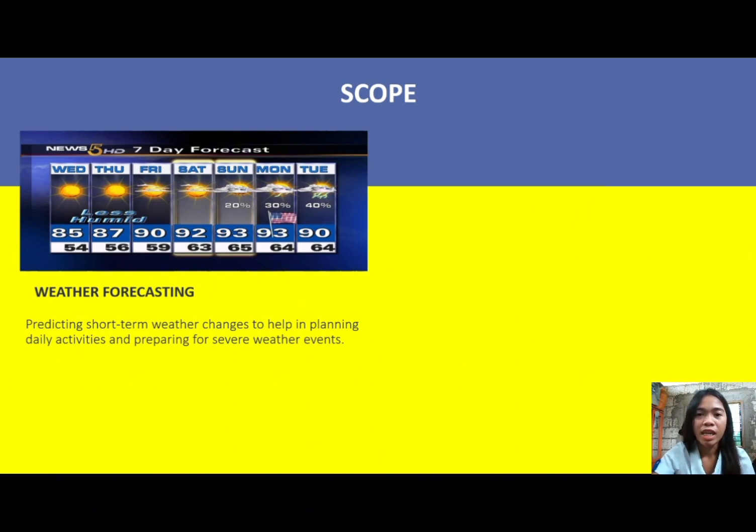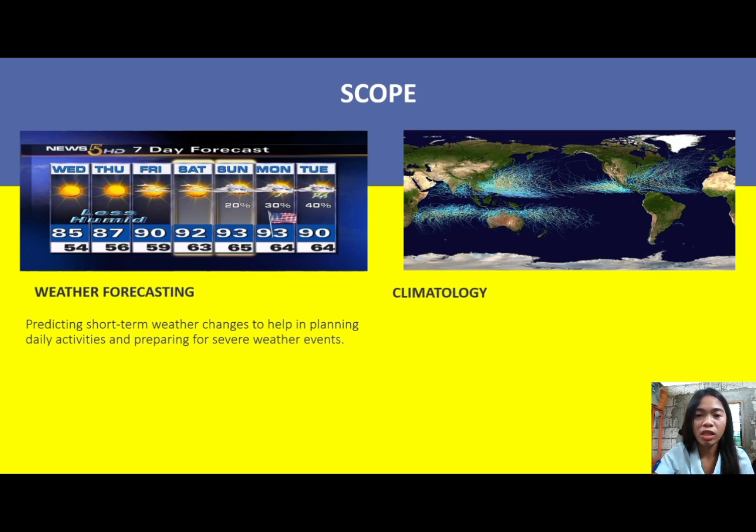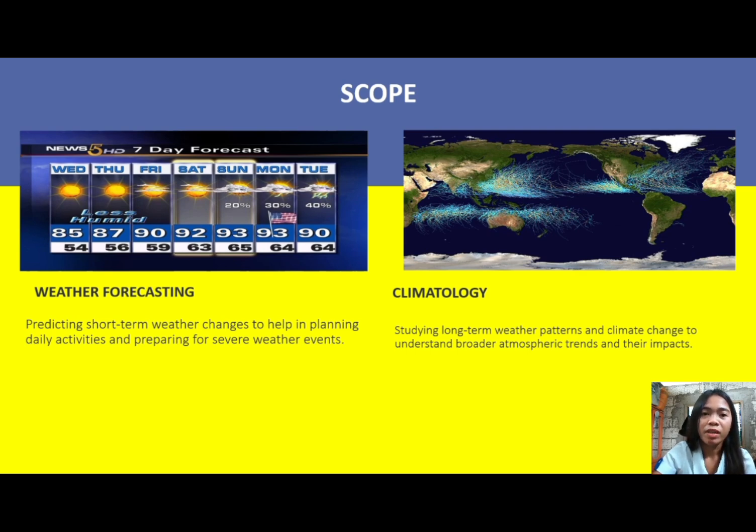and weeks. And when we say climatology, studying long-term weather patterns and climate change to understand broader atmospheric trends and their impacts. When we say climatology, from the word climate, it is long-term weather patterns. Next aspect is